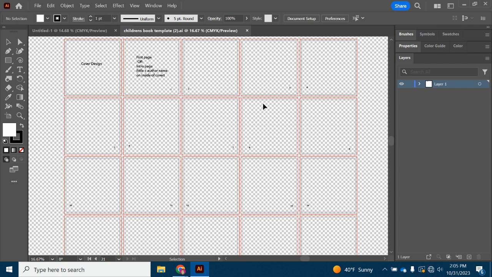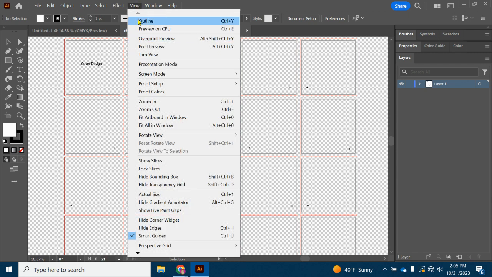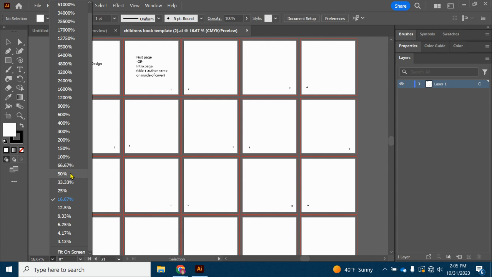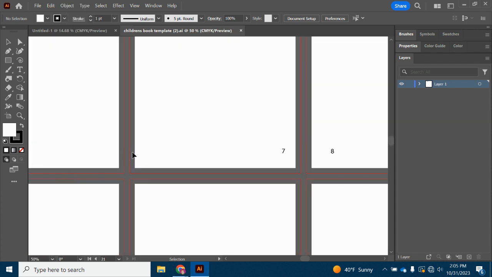I'm not going to keep it on the whole time, but I found it really useful if you're working and all of a sudden you realize, oh, wait, this is transparent. We don't want that transparent. We want each of these boxes to be filled with something. So I'll go back to View and then just hide transparency grid, but it shows you how that works. Now, the other thing is that this space in between the red line and the edge of the page,